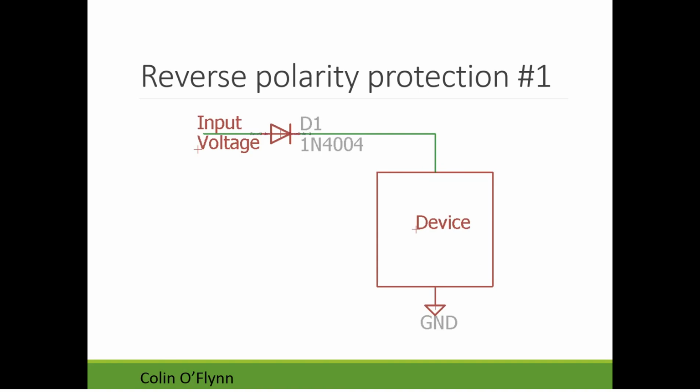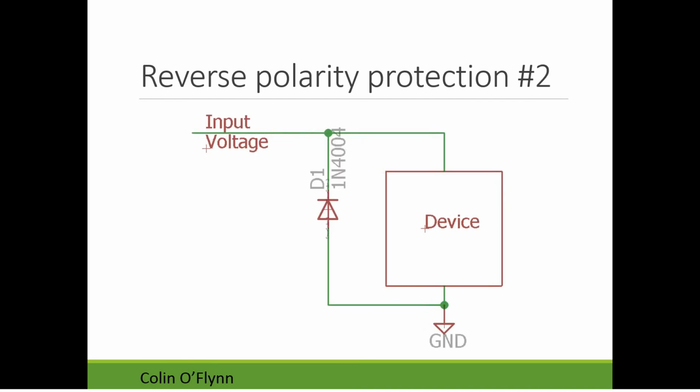So to solve that, you can do reverse polarity protection like this, and you have some of these 400 series diodes in your kit. The other option is to use what's known as something like a crowbar-ish circuit. So this type of reverse polarity protection shorts out. If you have 10 volts going in normally, this diode is reverse biased and not in the circuit. And your system sees 10 volts.